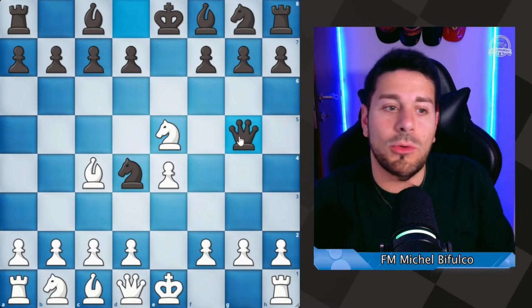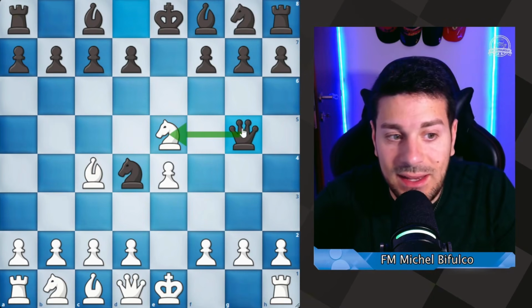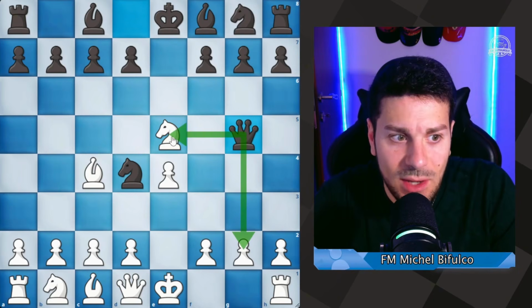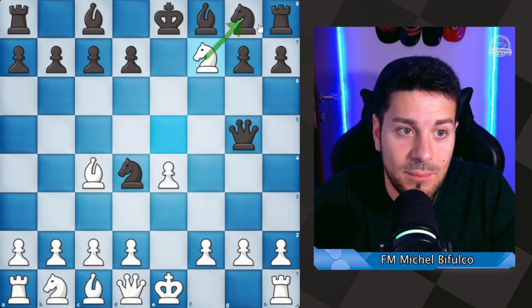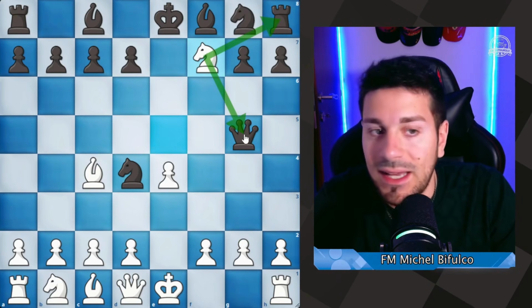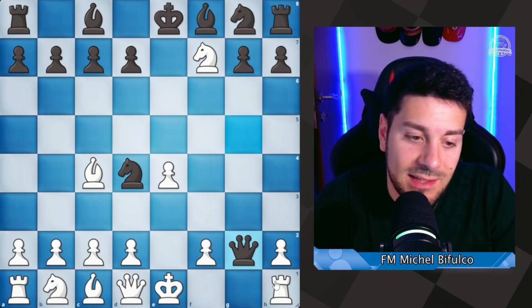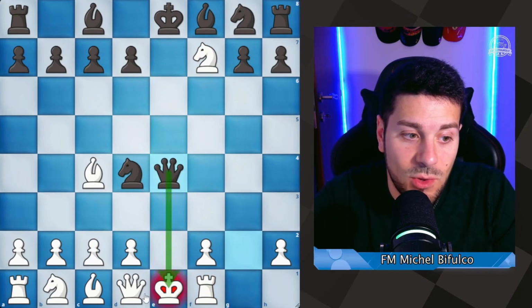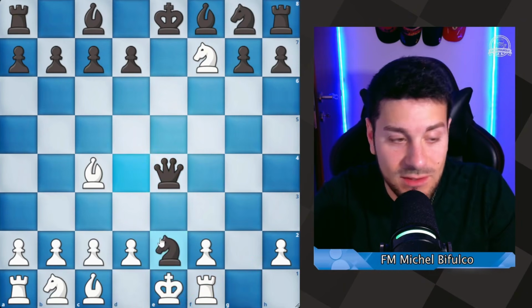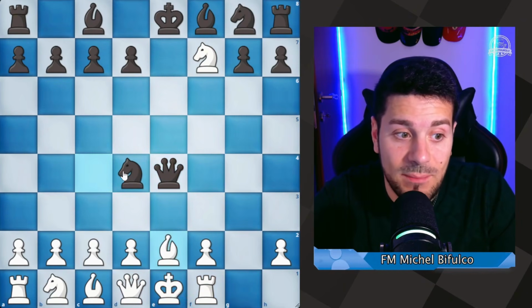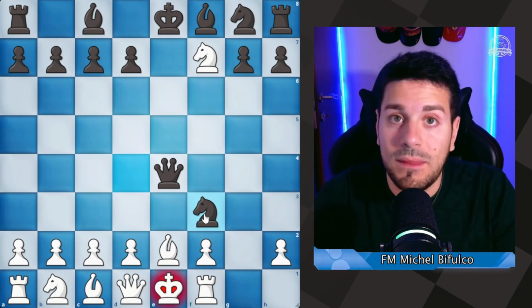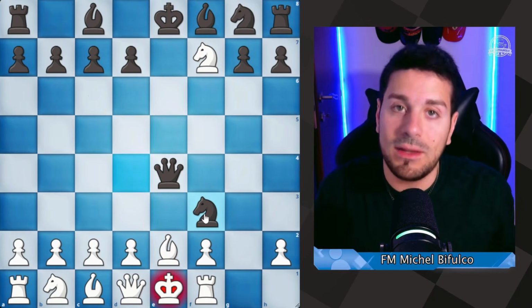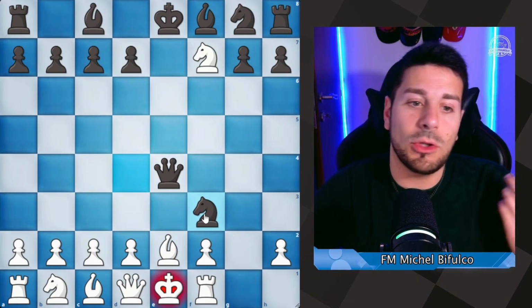Black now has this move here, which basically attacks the knight and attacks g2. Maybe we say, well, I'll take this, I'll take here, because I'm attacking here, attacking there, it seems good. But then he takes here, attacks the rook, we defend it, he takes with check. Now, if we defend with the queen, we lose the queen, so maybe we defend with the bishop, but then we get checkmated with knight to f3. You see, with e4-e5, there are a lot of tricks,